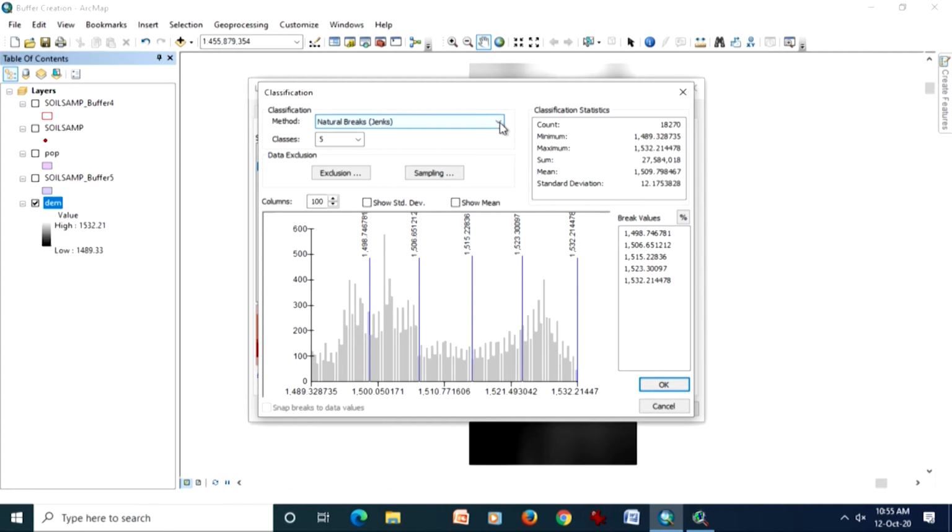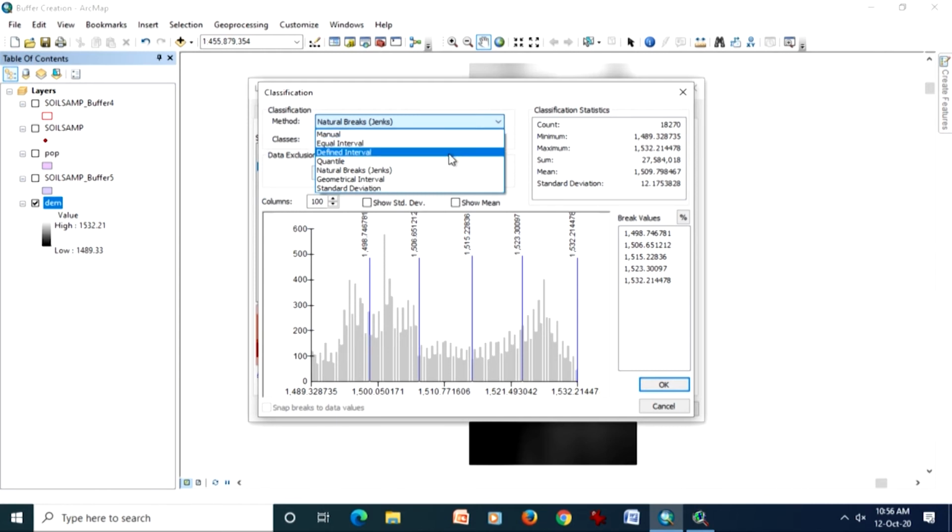By default, in this particular software, it always goes for natural breaks, which is based on Jenks optimization. Though the one which we discussed first while discussing the types of attribute classification was equal interval. Manually we can also define intervals, manual classification is also there.